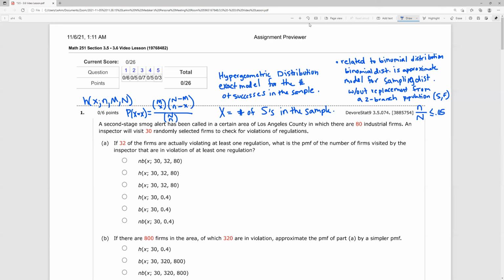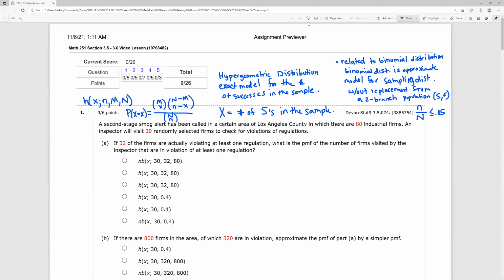in which there are 80 industrial firms. An inspector will visit 30 randomly selected firms to check for violations or regulations. If 32 of the firms are actually violating at least one regulation. So we know the number of, we're considering violating a regulation of any kind. We're considering that a success in this case. So we know the number of successes in the population of 80. What is the PMF of the number of firms visited by the inspector that are in violation of at least